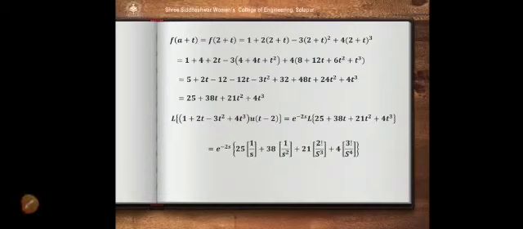E raised to minus 2s is just a multiplier, 25 into 1, so Laplace transform of 1 is 1 upon s. Laplace transform of t is 1 upon s square. Laplace transform of t square is 2 factorial upon s cube. Laplace transform of t cube is 3 factorial upon s raised to 4. And just you have to simplify this. You will get this final answer.